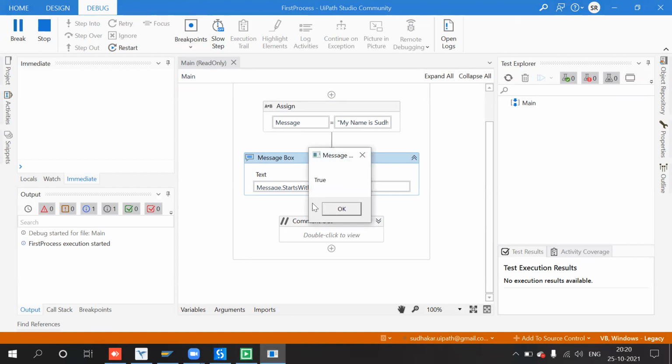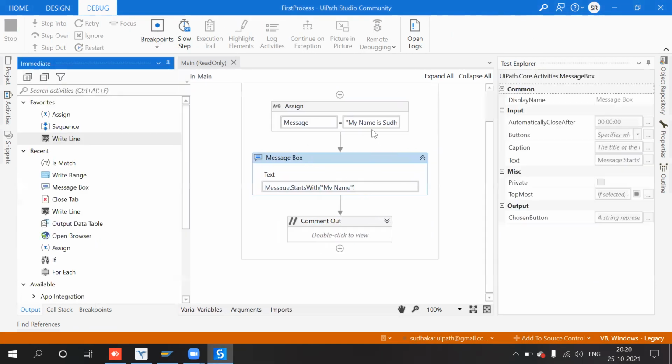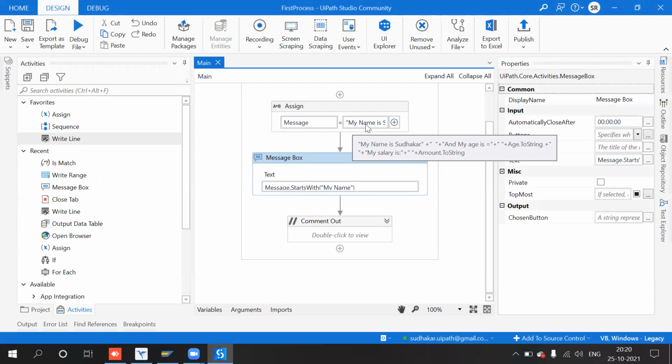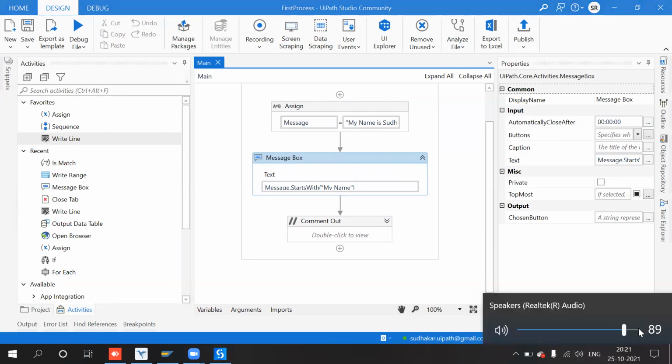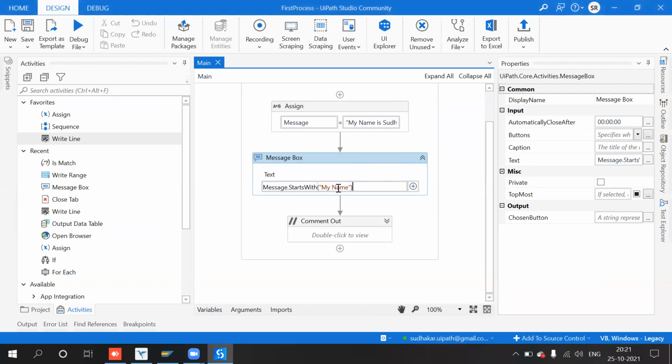See, now we got true because it is starting with "my name", right? "My name is." So that is the reason we got message starts with, so we got true.